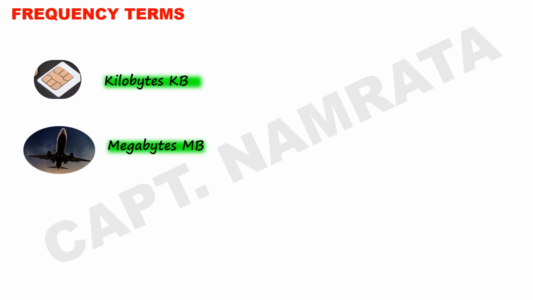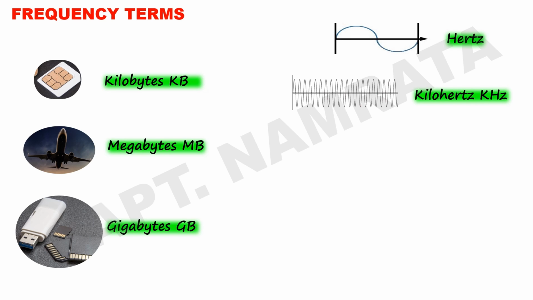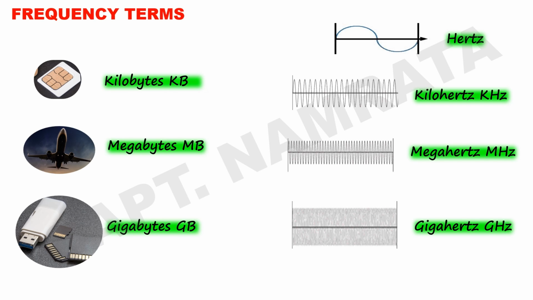Let's understand frequency terms with a basic example. We all have a SIM card. The storage capacity of a SIM card is given in kilobytes. All HD wallpapers are in megabytes, and all external storage devices are in gigabytes. So, as per our knowledge, the lowest unit of storage will be kilobytes. Definitely, there are more technical units as well. Same goes for frequency. Magnitude-wise, the lowest unit of frequency will be hertz. As frequency increases, the unit will be indicated as kilohertz. Then we have megahertz and gigahertz.